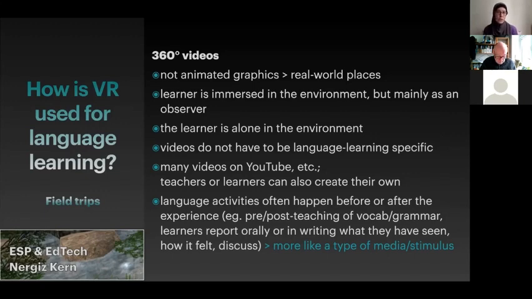They are real world places that you can take videos of with your camera. Learners are immersed in the environment when they use a headset, but it's mostly a passive activity. So you can look around with your head, you can turn around or look up, look down, but you can't really do much in most of them.